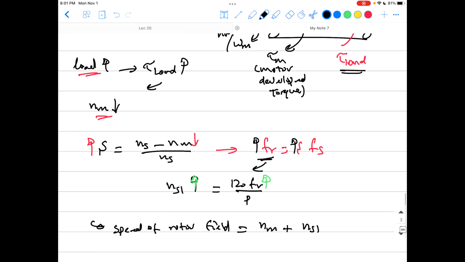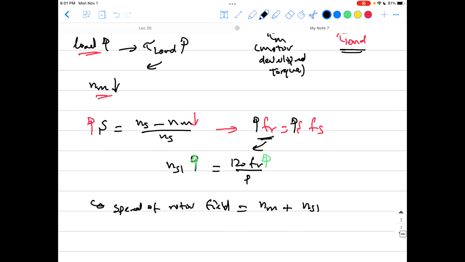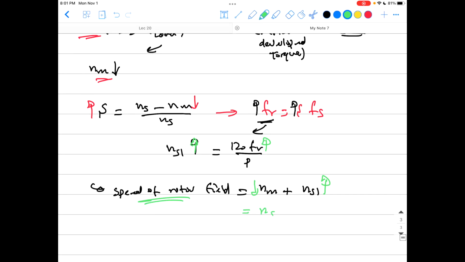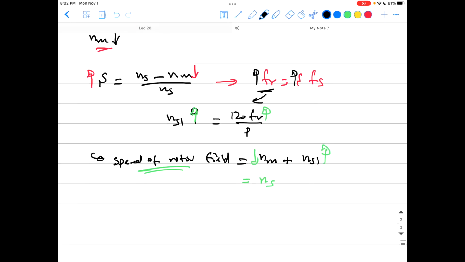So like we said, with the increase in the load, the slip speed goes up and the mechanical speed goes down. So like you've seen here, the speed of the rotor field, the total one, remains constant, remains at the synchronous speed. And that's the whole point of this, guys. So with the increase in the load, Nm goes down and N slip goes up. So their summation Ns remains